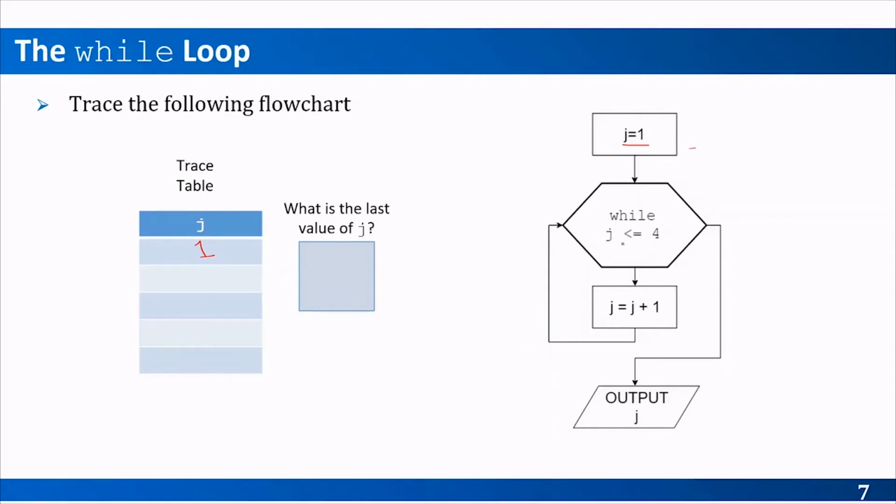So is j less than or equal to 4? Yes. Currently it's equal to 1, so it's less than 4. So in this case, execute whatever statements you have here. So j is equal to j plus 1. So in this case, I increment j by 1. It becomes 2. And then I go back here, following this path, and then I ask, is j less than